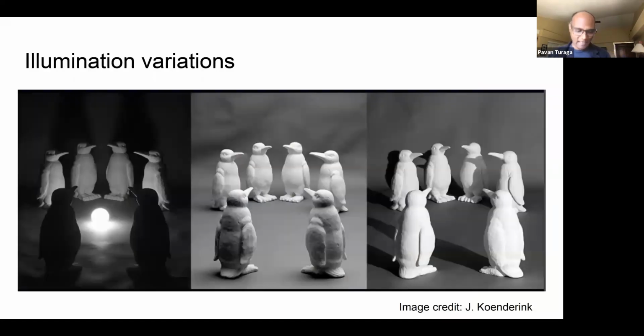Illumination is another classic. Objects and the way they look to the eye or how their intensities are recorded on a camera is a very nonlinear function of many variables, including, of course, the angle at which you're seeing, the reflectance properties of the object. Most of the objects in this picture that you're seeing seem to be what are referred to as Lambertian objects, meaning they don't necessarily have any glossiness. They are matte, or in other words, when you write down the equation for reflectance, a single ray of light falling on a single point reflects off roughly equally in all directions. There is no preferred direction of reflection like a mirror.